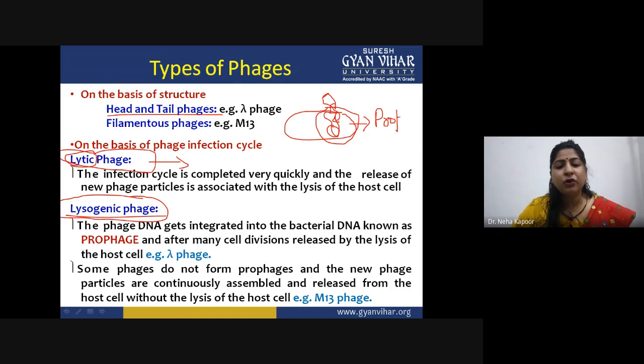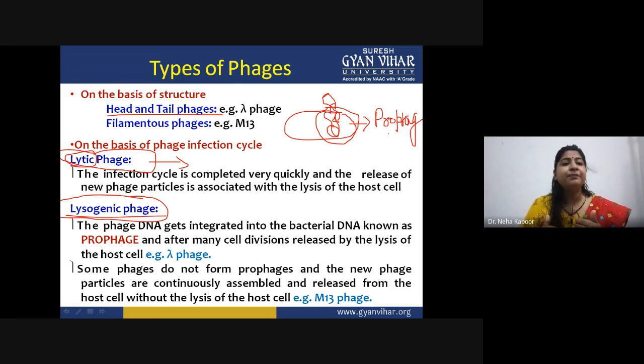This type of cycle is only followed by a few phages that have the capability to undergo the lysogenic cycle. Once it gets integrated, this prophage stage is very stable. After so many divisions, they get assembled and are further released from the host cell by lysis. For example, lambda phage. Whenever lambda phage undergoes the lysogenic cycle, the lysis of the cell occurs after a very long time. That means the cycle is prolonged in the case of lambda phage.